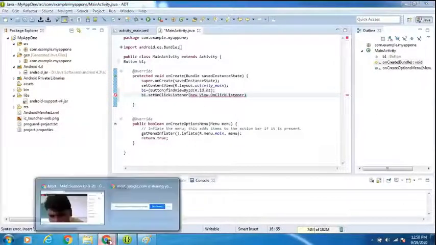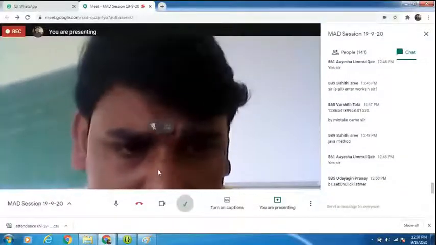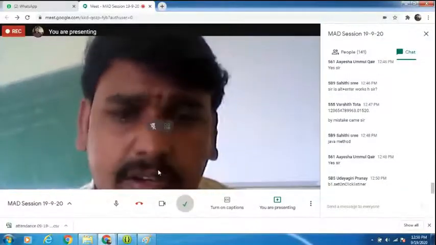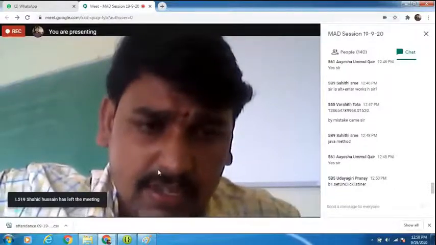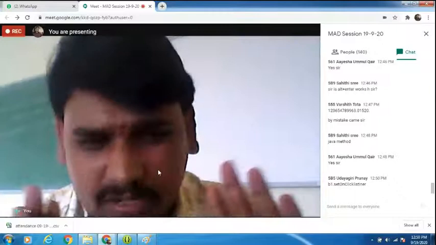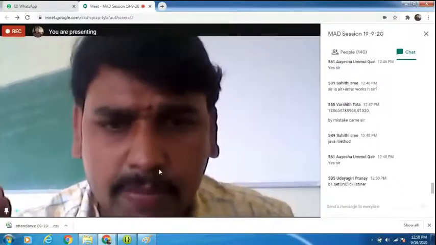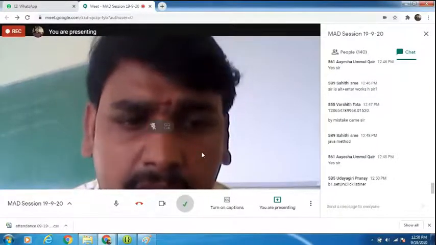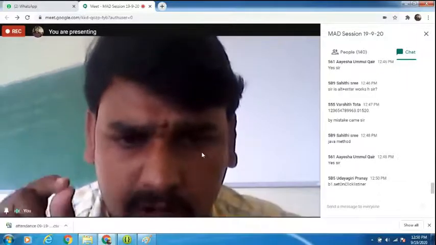Simple logic. In AWT we used the button listener, here it is OnClickListener. Don't get confused. In AWT and swings, we use ActionListener for buttons. In Android, OnClickListener, because on buttons we click. Clear?